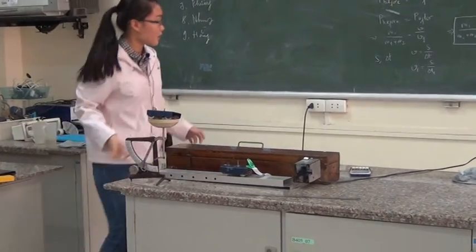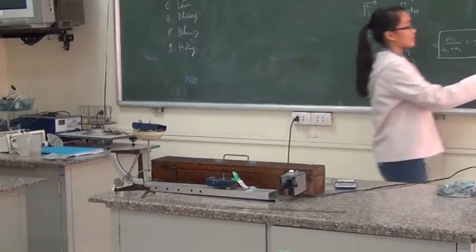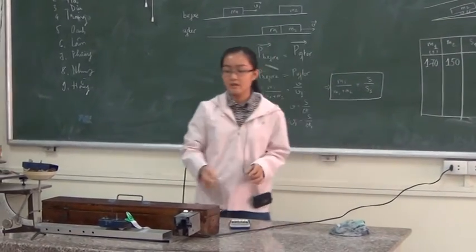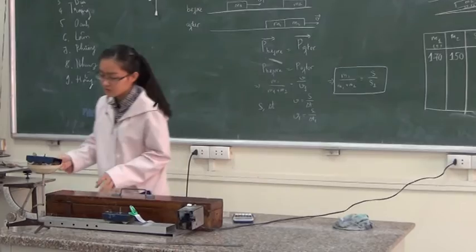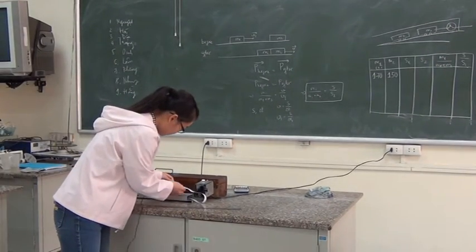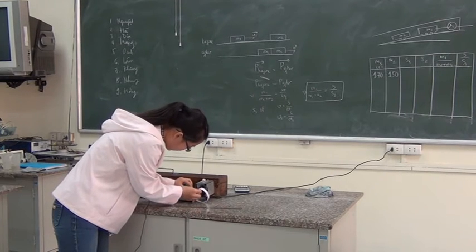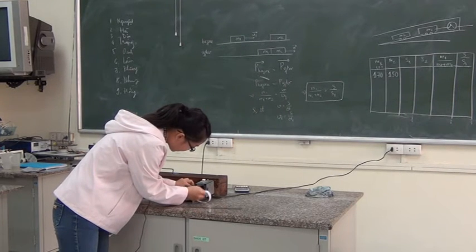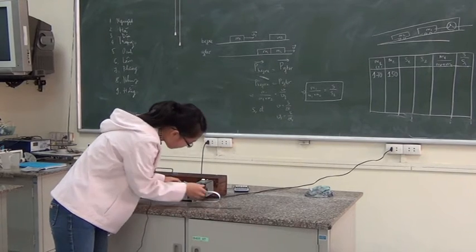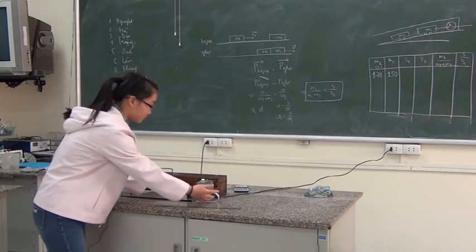And the mass of cart 2 is 150. And then I will do the experiment. When we turn on the electric vibration device, the ticker pen will mark some points in the